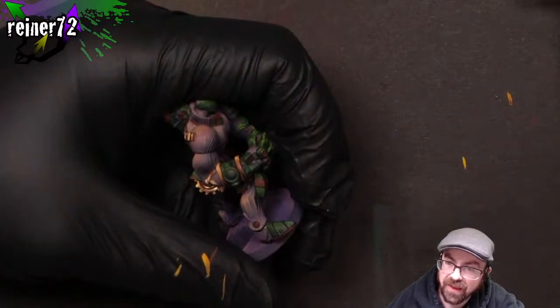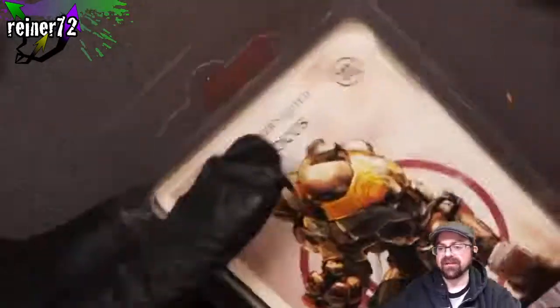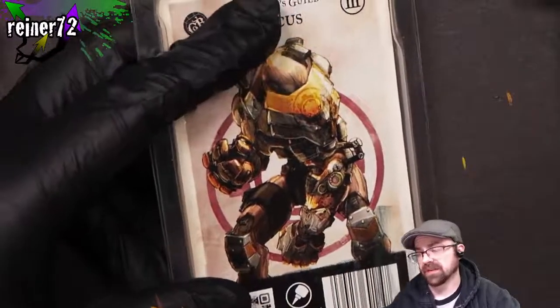Benjamin, good morning. What are we working on today? This is Locust from Guild Ball. Yeah, I know, Dodo. Technically, I'm not either, but